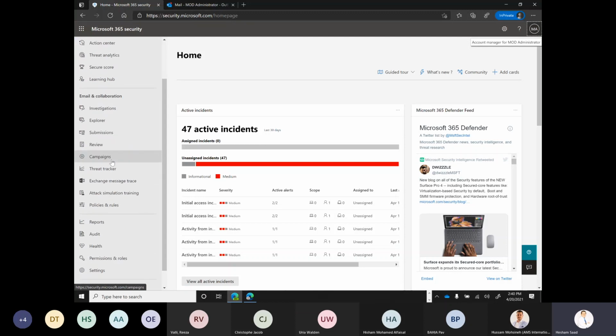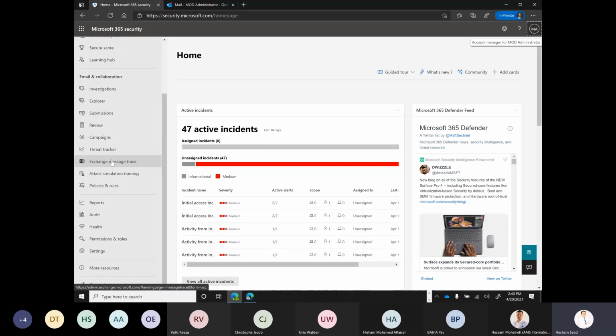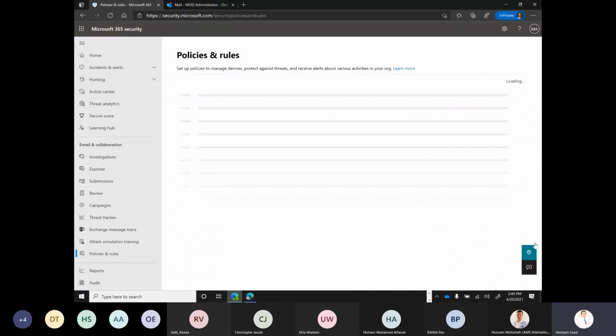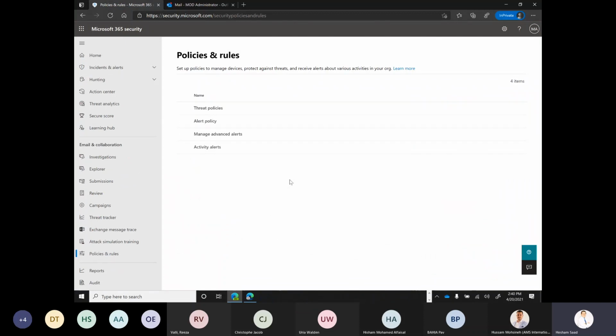So right now I'm focusing on the email and collaboration layer. What I'm going to do first is go to policies and rules, and then I'm starting to configure a set of policies. What are the main policies that we need to assign? I need to assign a policy related to alerts. I need to define which kind of alerts I need to receive a notification or an email for, activity alerts, or